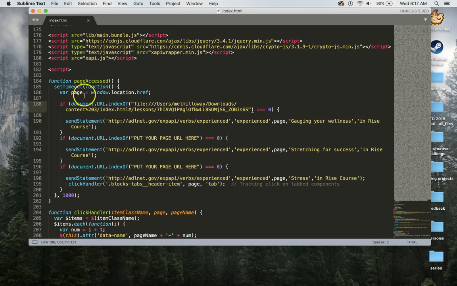So with this, what it's saying is when someone accesses this page, it's going to grab the location of the address that's up in the address bar, and if that page equals this exact URL, then send this statement to the Learning Record Store. For the page piece, you may be wondering what that's about. Everywhere it says page in white on here, it is putting that as the page ID for that specific statement. These statements are made up of the